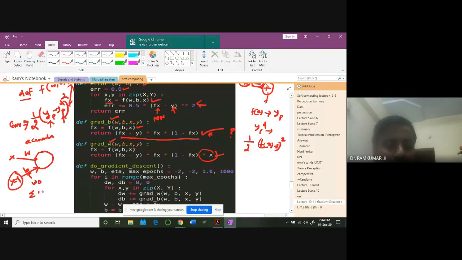Remember, W naught, W into xi, Wi xi with i going from 0 to some n vectors you have. In that case, when you multiply this W naught with xi, that x0 will always be 1. So naturally you can multiply it with 1 here. That's not going to really help you, so naturally we are eliminating that. Okay, so that's this idea. Is it clear?